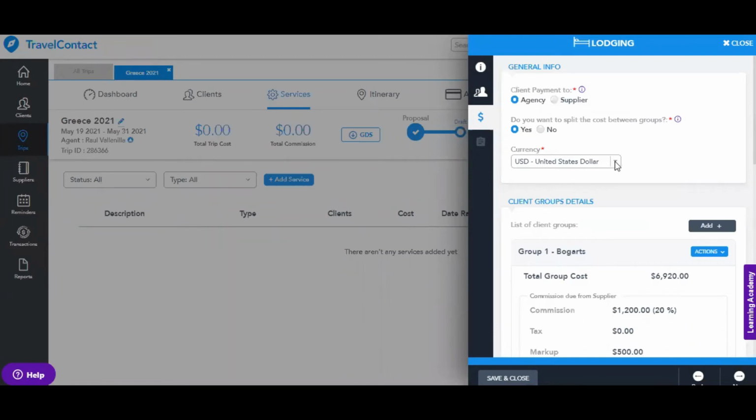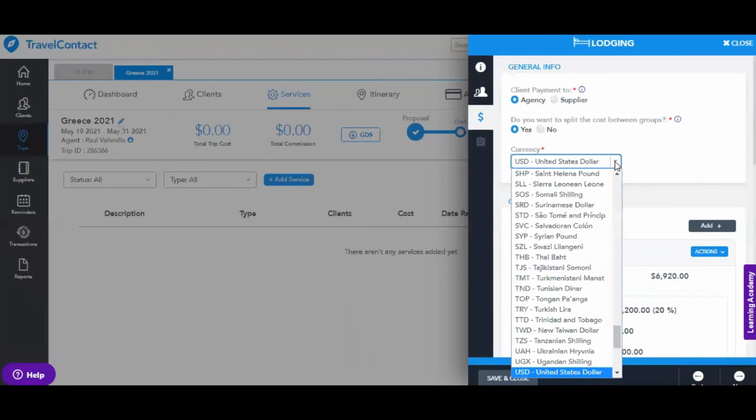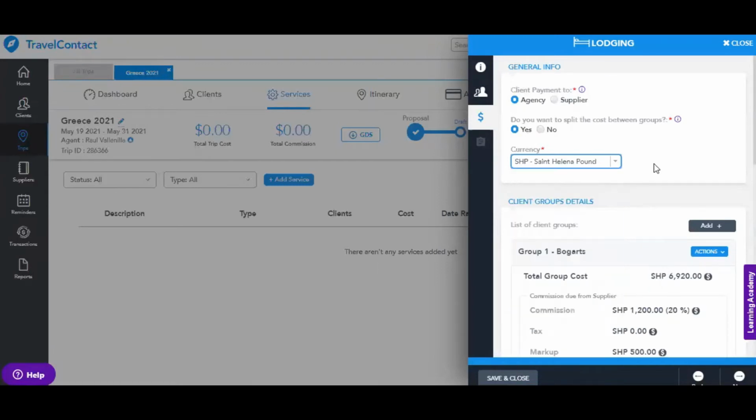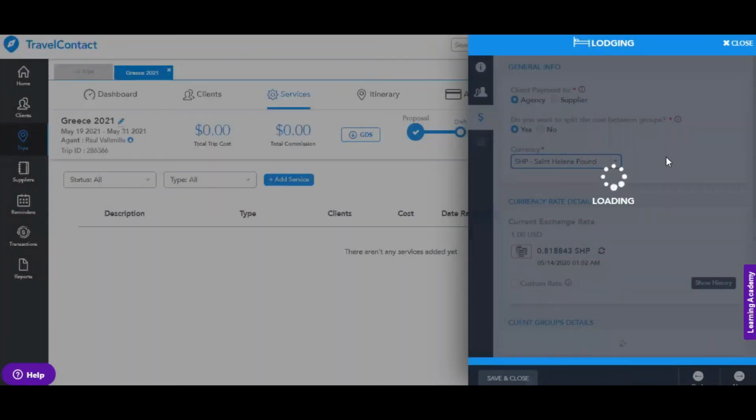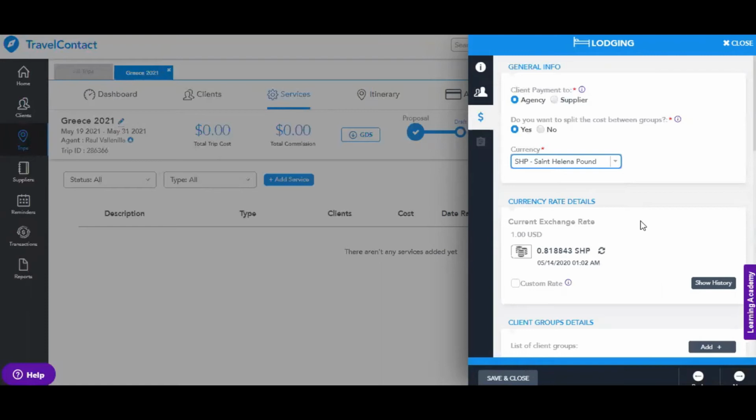If I wanted to pay this in, let's say, a different currency, then I can just go ahead and choose anything that I want from here. Let's say I wanted to do the St. Helena pound. It will vary by the exchange rate. Then I say yes and accept, of course. And then here's the details. We take a currency rate from Google. That is the one that we find on the internet for you guys,